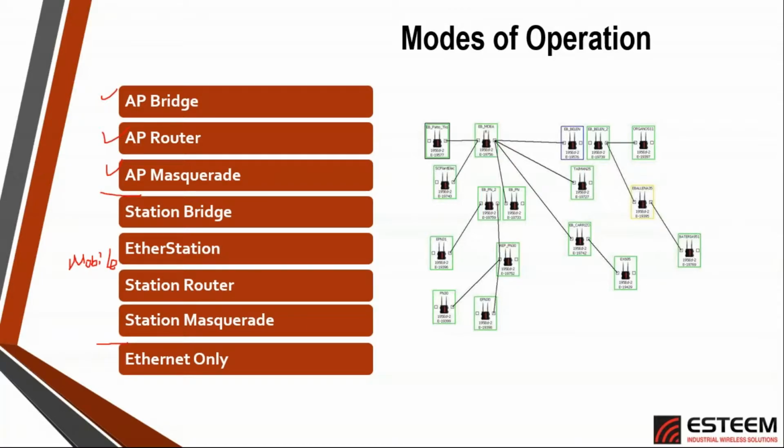Now, the Ethernet only mode is the only one that's a little bit different. That is actually for maintenance. It's the only time that it would be entered, under very special conditions. But what that'll do is turn on the Ethernet side of the radio, and the wireless side will be completely turned off. So the first thing we're going to concentrate on is the most commonly used mode of operation,